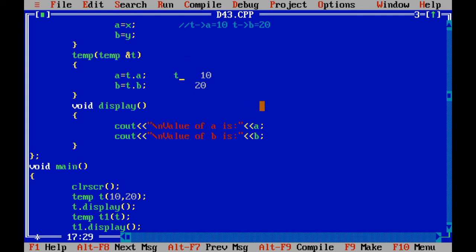So now the value of t1 dot a equals to 10 and value of t1 dot b equals to 20 in these cases. So when you call t1 dot display, the value of t1 dot a is 10 and the value of t1 dot b is 20.